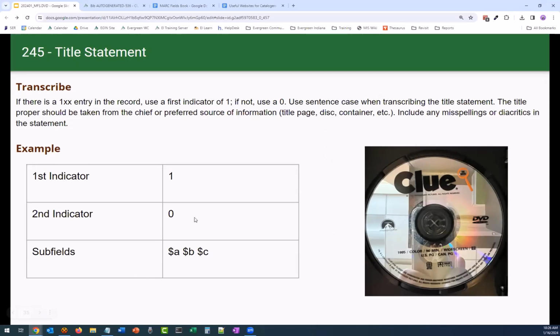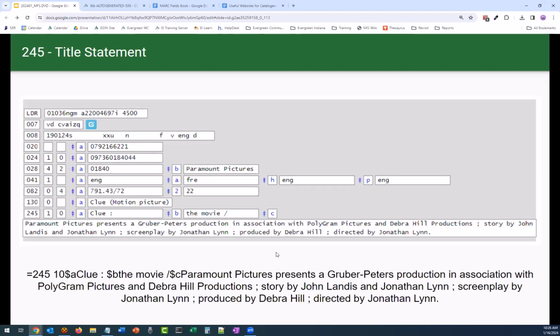So we're going to use the subfields A, B, and C. Now, if you look at the record that's already in our catalog, you will see that they did not put a subtitle of the movie. That would be correct if they took it from the film itself. When you play the movie, it only shows the word Clue. It doesn't have the movie. However,